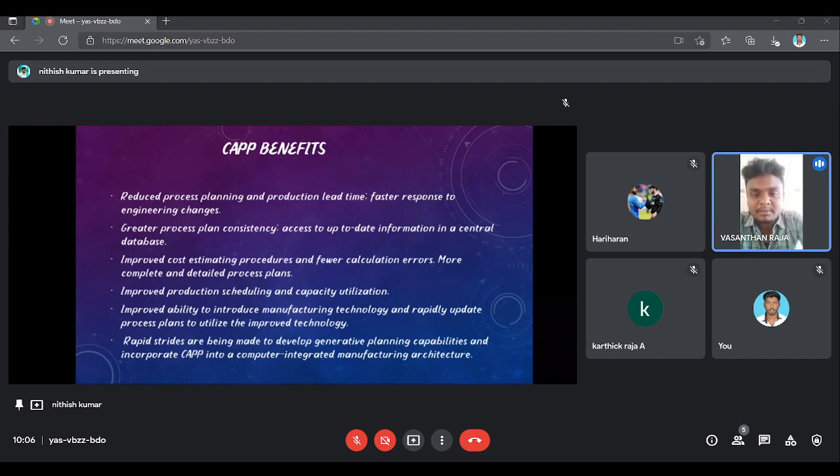Rapid strides are being made to develop generative planning capabilities and incorporate CAPP into a computer integrated manufacturing architecture. Next,